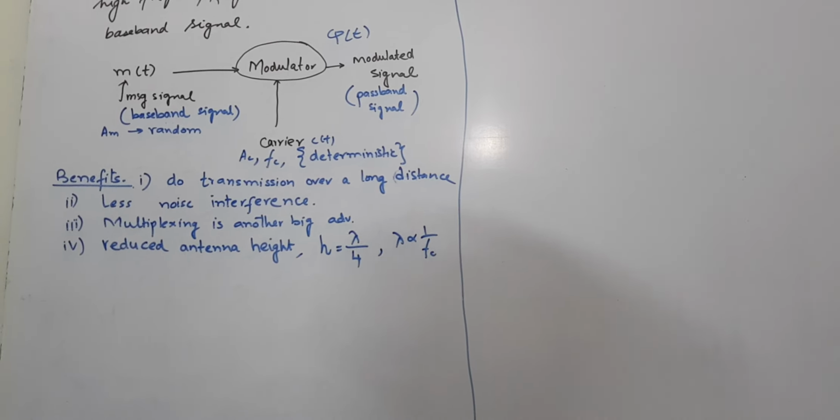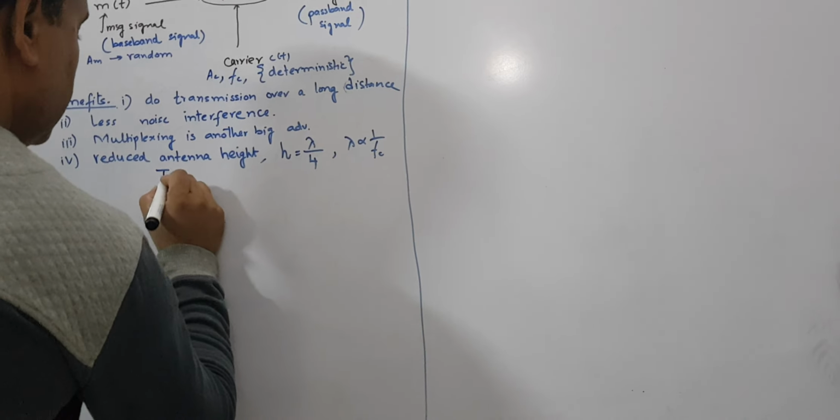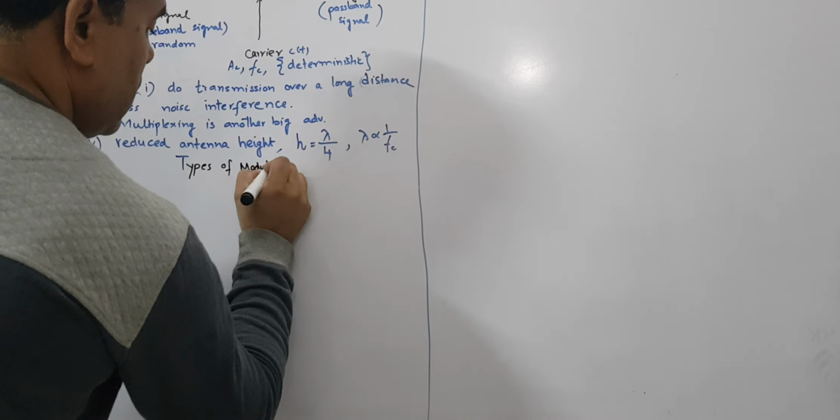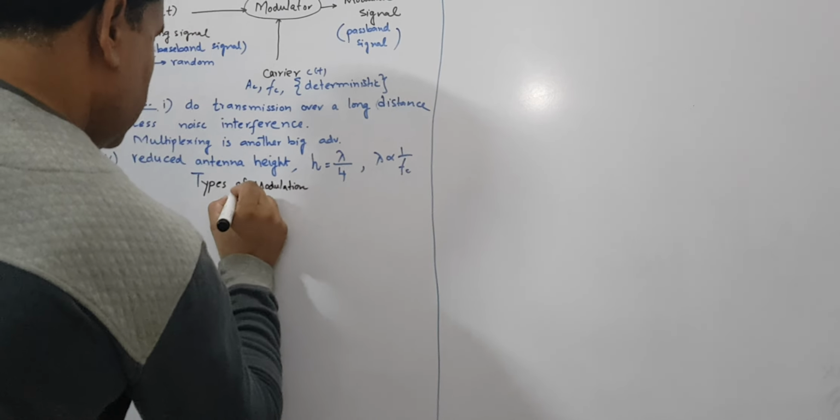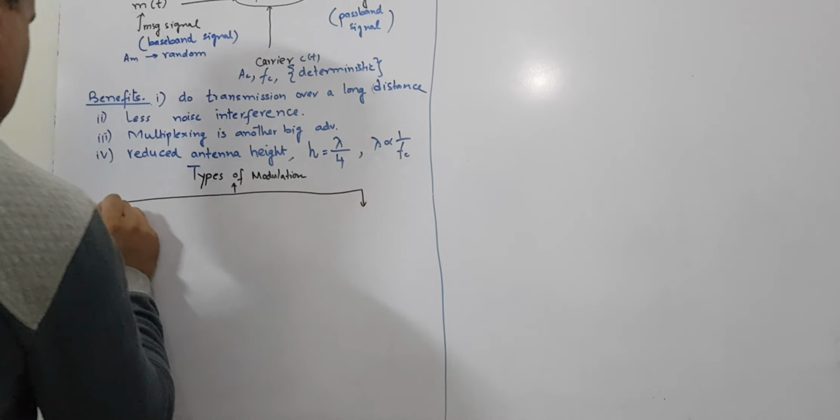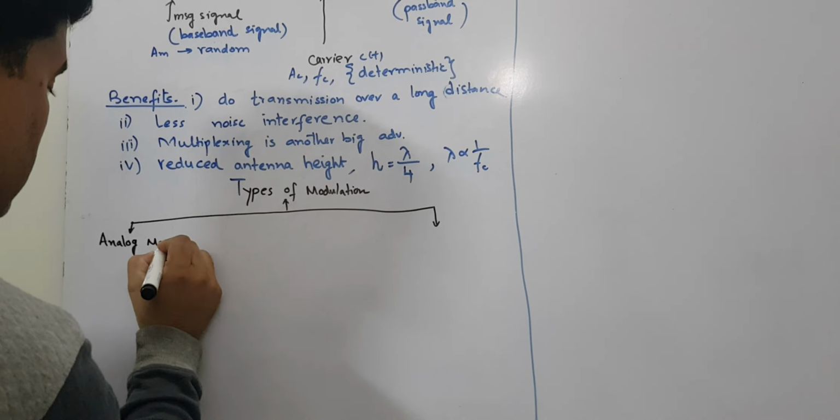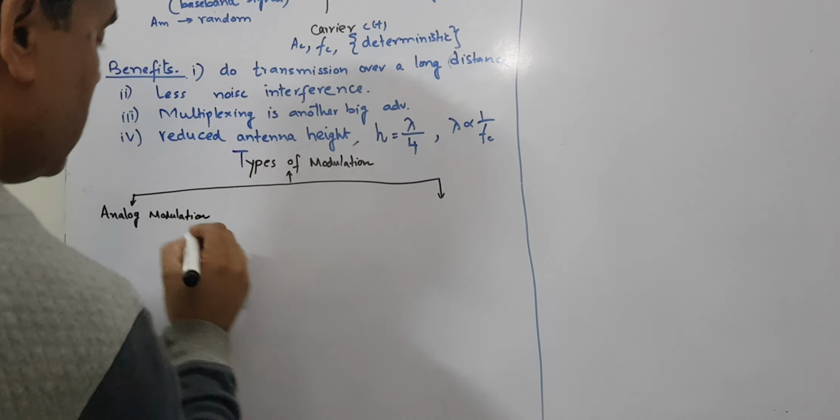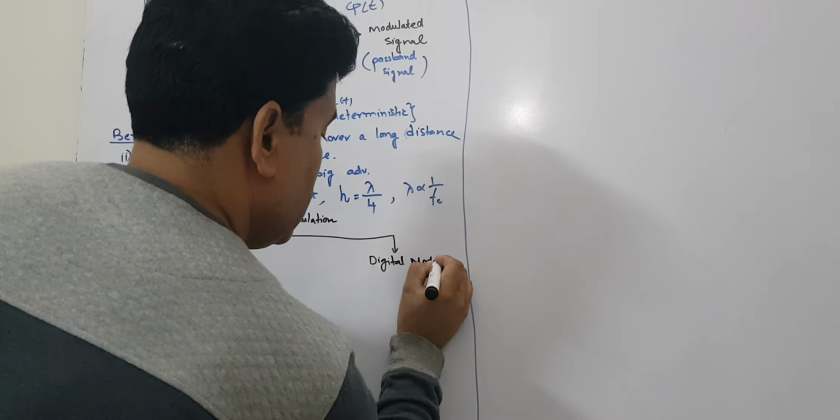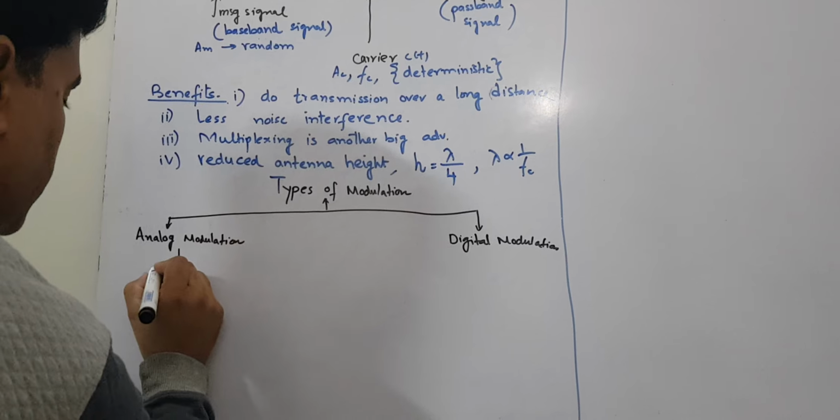So what are the different types of modulation? There are many types of modulation. The first one is analog modulation, and the second one is digital modulation. The analog modulation is further subdivided into